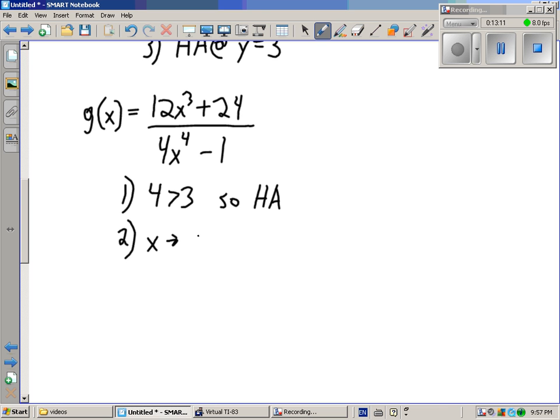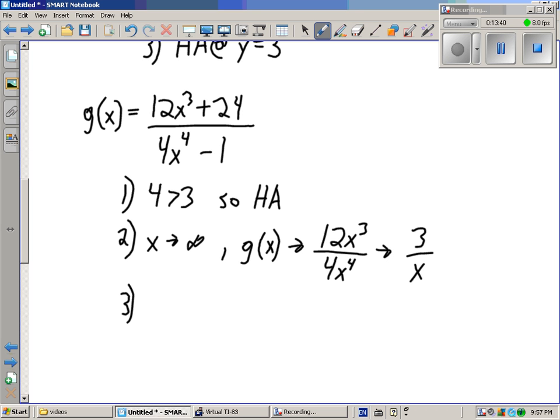As x goes to infinity, our function is going to approach 12x cubed divided by 4x to the 4th. That is equal to 3 over x. Wait a second, 3 over x, I've still got an x there. What do I do? Well, that's where we need that last little step, where if there's still an x